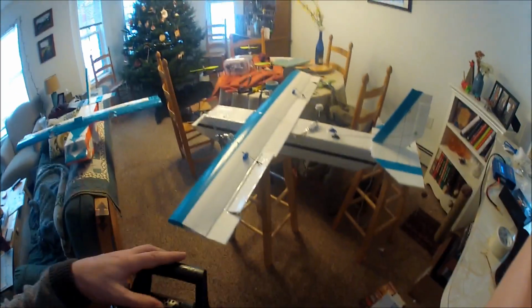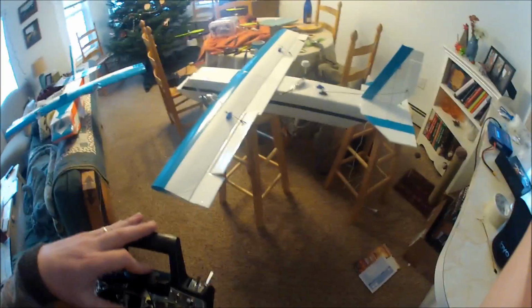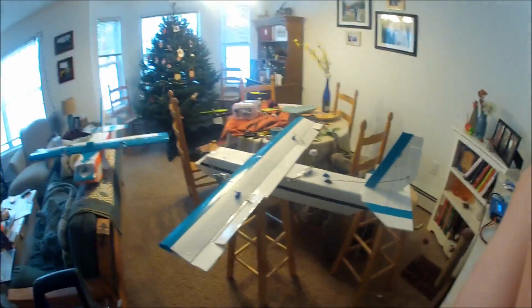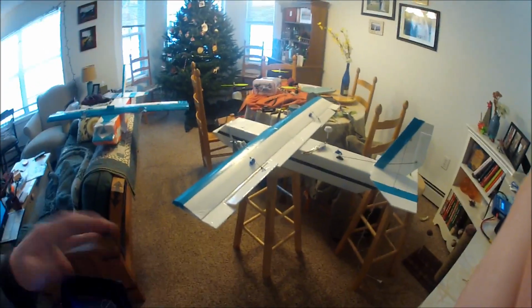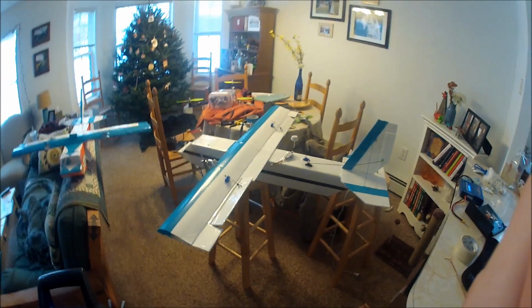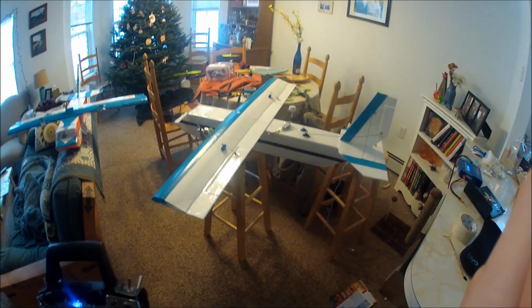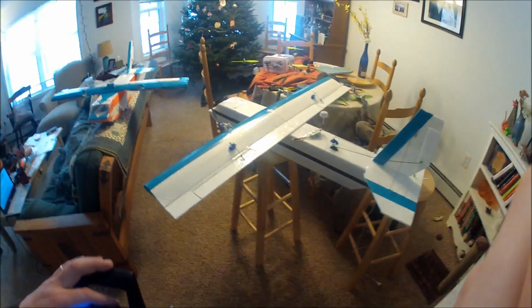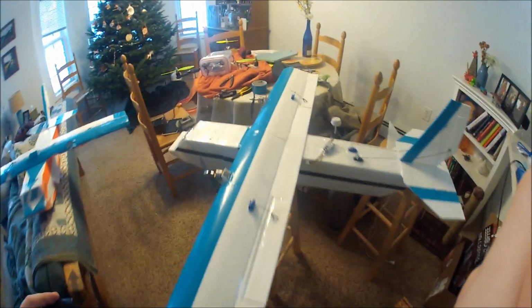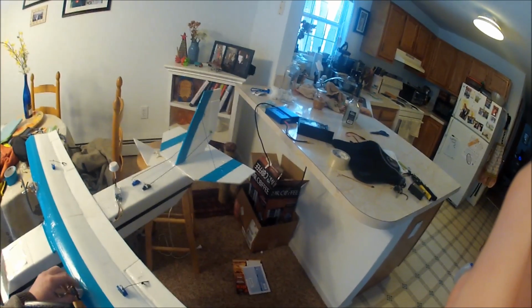Right now, the plane is still on, the batteries are still plugged in, but the transmitter is off, which is simulating it being out of range. I could turn the controller back on, watch it regain. All it's going to do now is, if I have all my switches right, so say you gained signal again, it's just going to go back. It's pretty simple, but it's really effective, and it can keep you from losing your plane or hurting yourself or